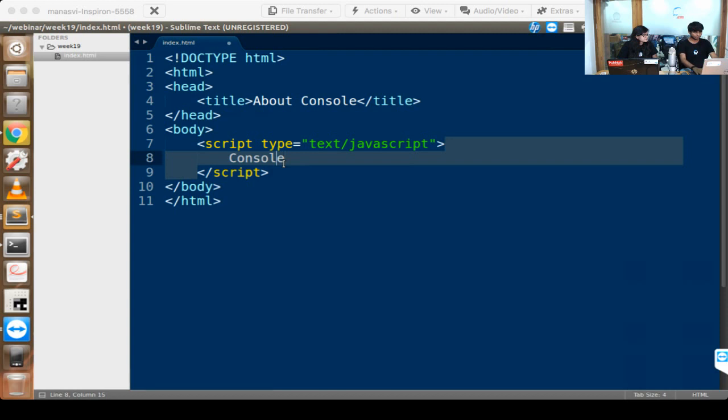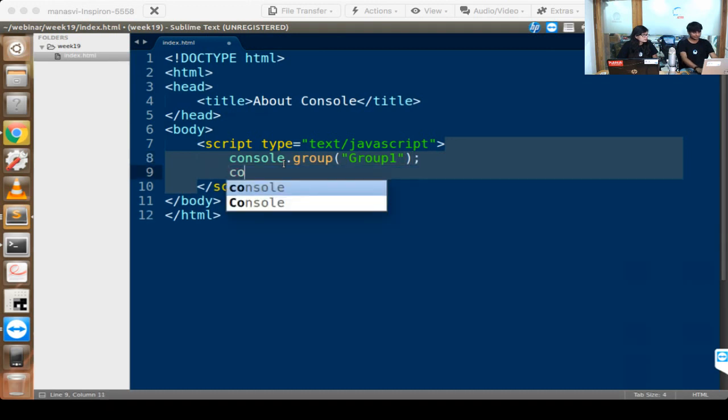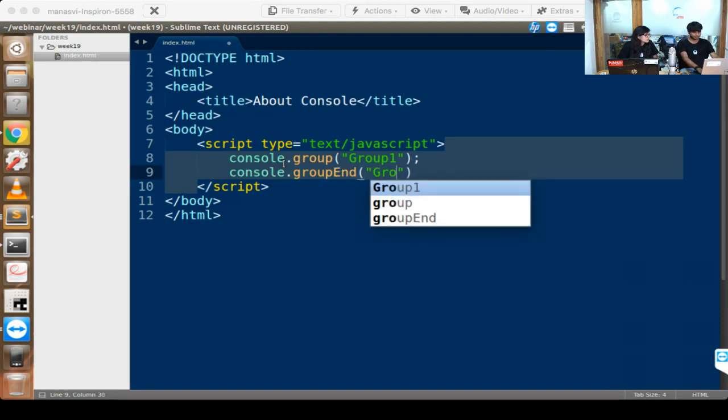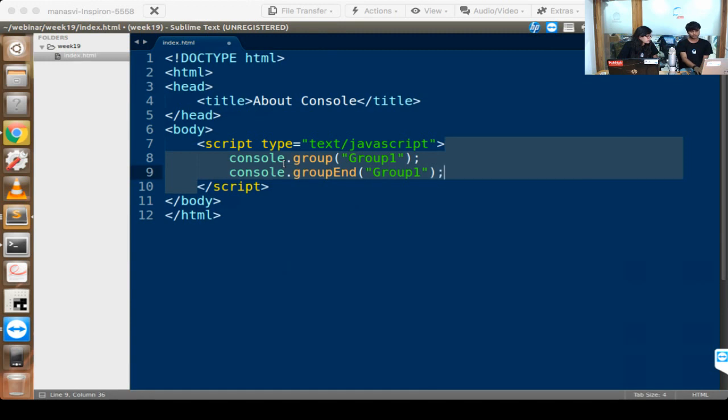So if I just do a console.group, I give it a name, say group 1. And console.group always comes with console.groupEnd. So console.groupEnd, and we have to give the same name. So console.group specifies the starting of this group, and groupEnd specifies the ending of this group. So if I just copy paste it again